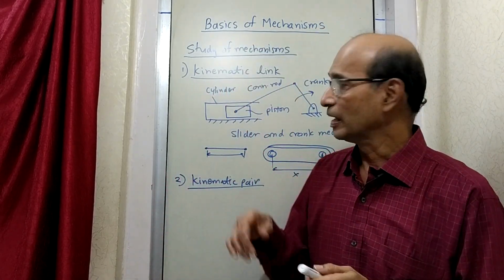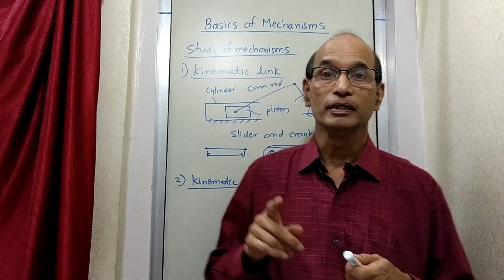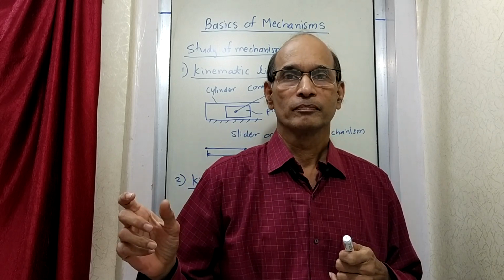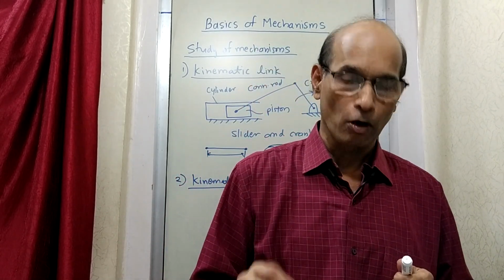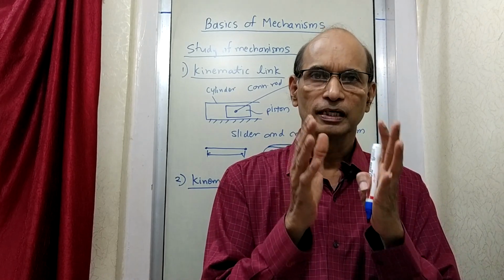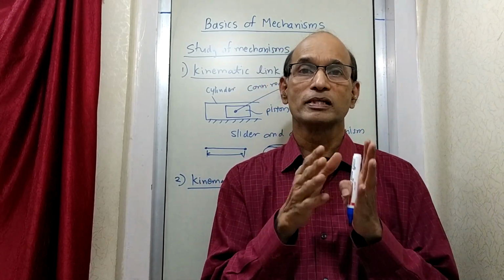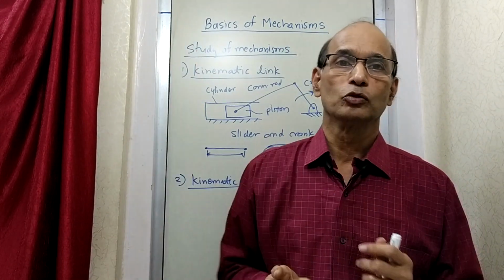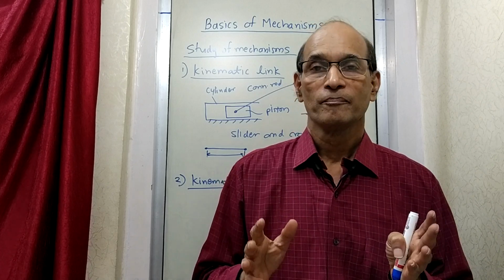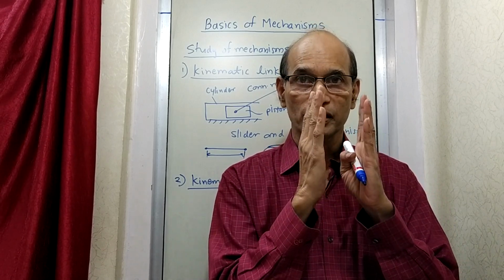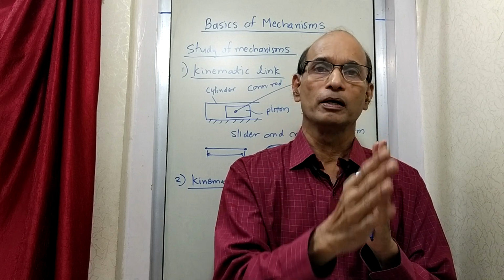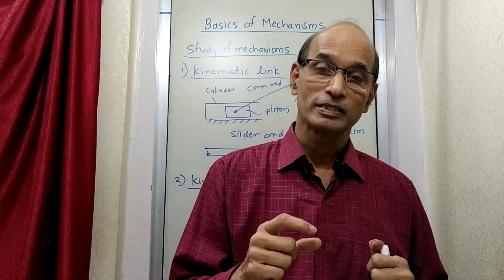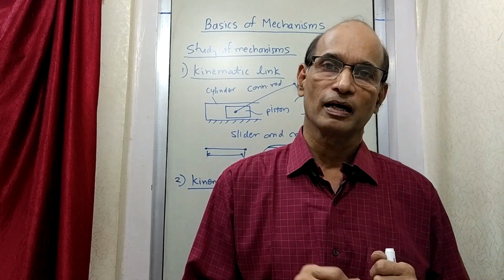And moreover it says that whichever motion is there should be definable. That means you should be able to define that it has moved by such and such amount. So it is written that it should be constrained properly. Constrained properly means you have to restrict it in such a way that it will always move in one particular manner. It will not move here once, next time here, next time there. That should not happen, because then the mechanism will not be reliable. So the movement should be constrained, restricted so that it takes place in a particular manner all the time. That is the meaning of constraint. All these words have come in the description of what a kinematic pair is.